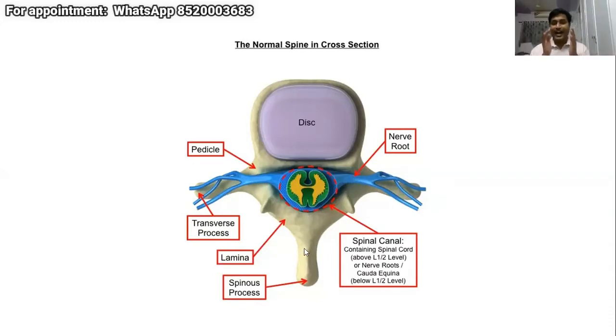Our idea, as a radiologist and as a physiotherapist, is to identify the neural structures. As I told last time, can you identify the head? Yes, sir. This is the head, and the hands are made up of the spinal cord. What are the hands? The transverse roots. Roots. Fine. They are the exiting nerve roots. Yes. So what is my head? This is the spinal cord.